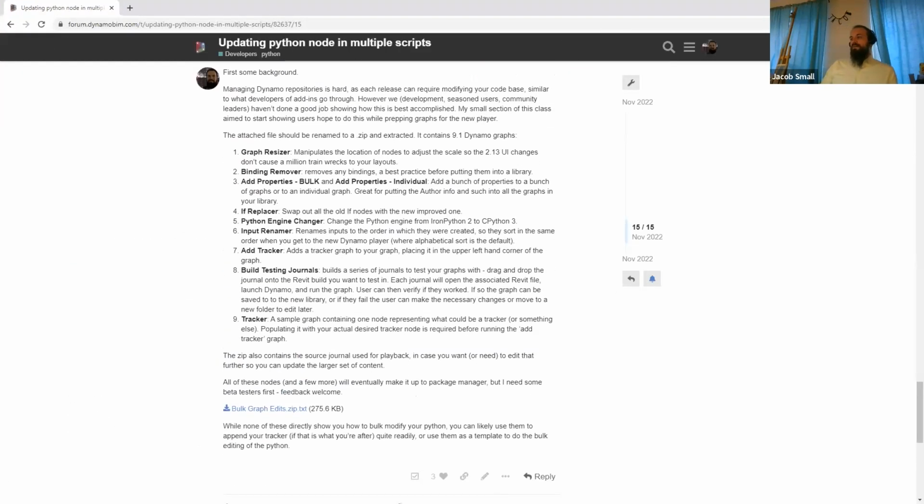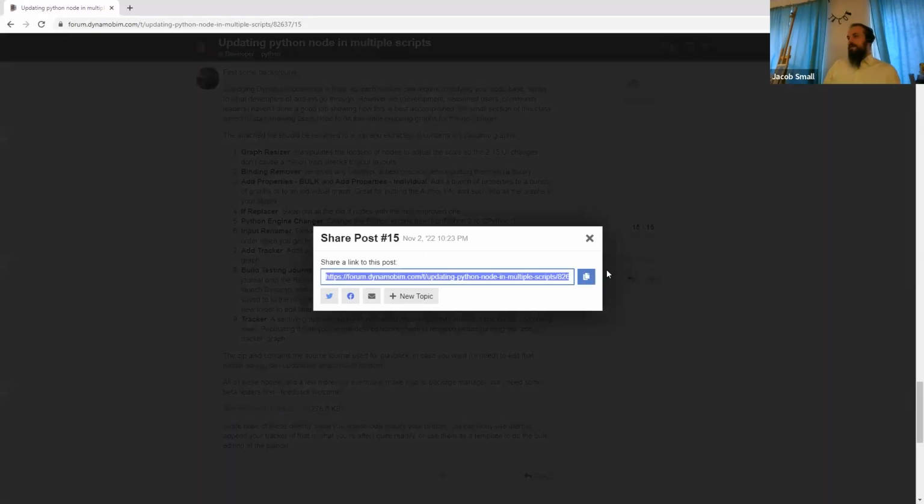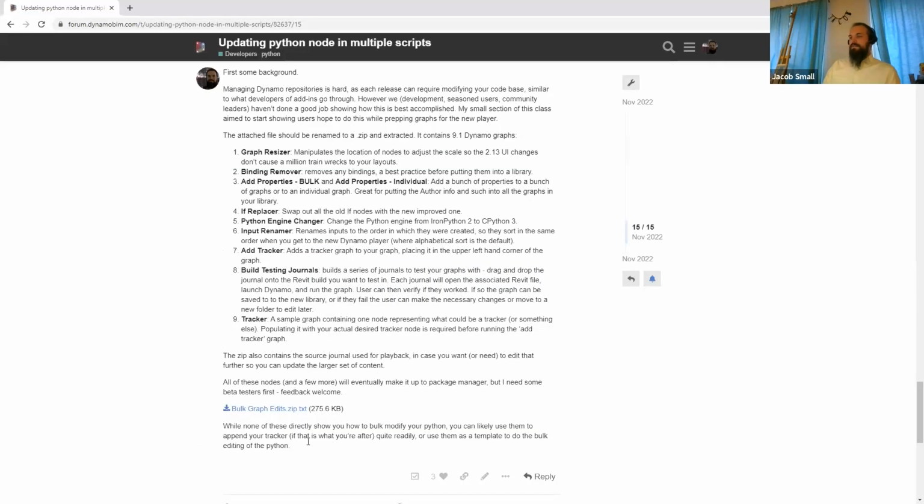So this post here, and I will put the link in the chat for anybody who wants it, has one zip file attached to it, which has been renamed to .txt. You're going to have to rename that. From there, we can bulk resize graphs, remove bindings, add properties in bulk or individually, do node replacement, a Python engine changer, input renamer, graph tracker, build testing journals, and a tracker file, which really you'd want to replace with your